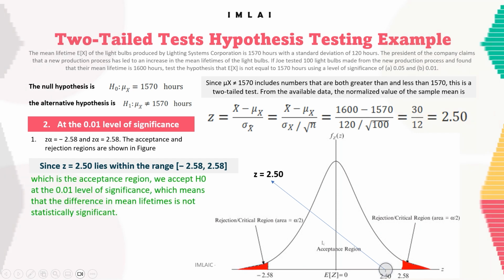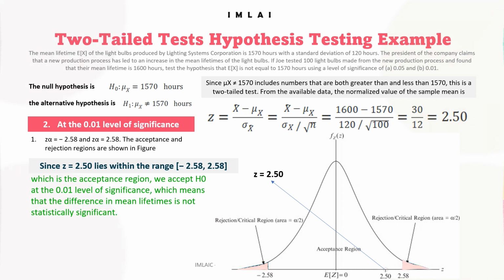So we fail to reject. Instead of saying we accept, the best way to say it is we fail to reject the null hypothesis at the 0.01 level of significance, which means that the difference in mean lifetime is not statistically